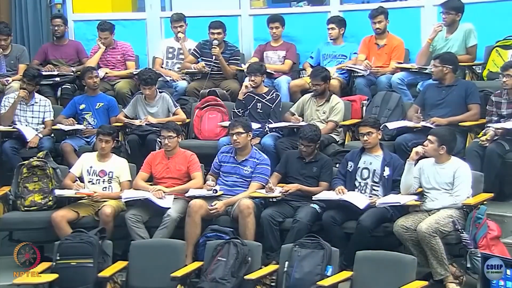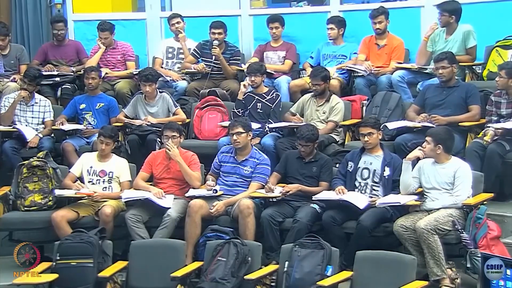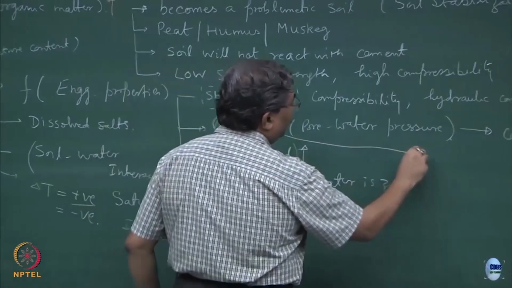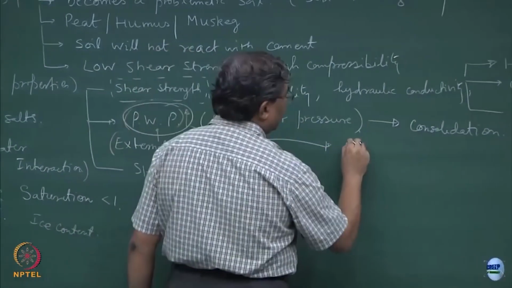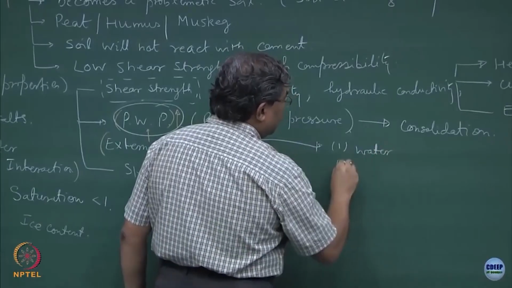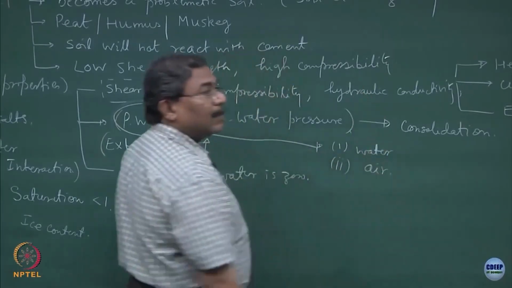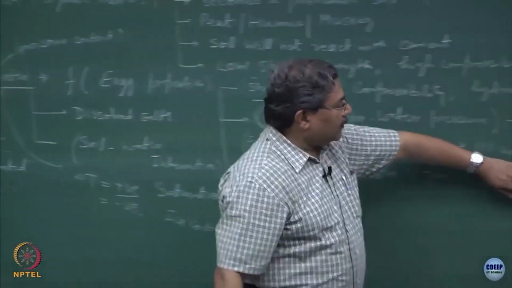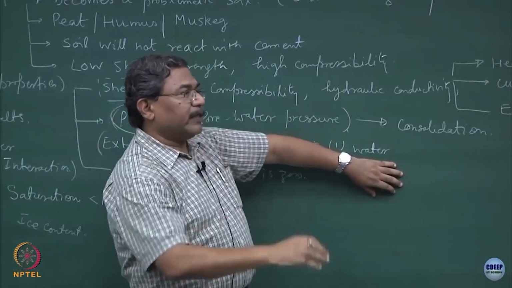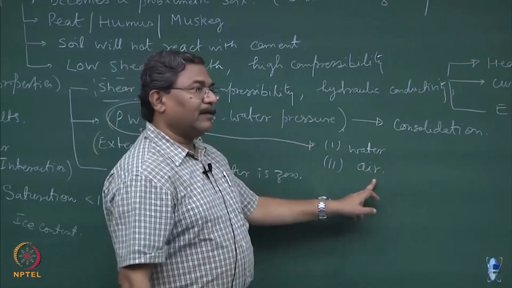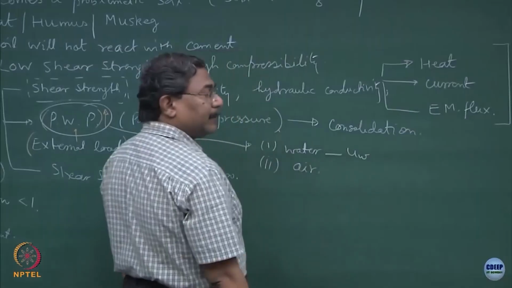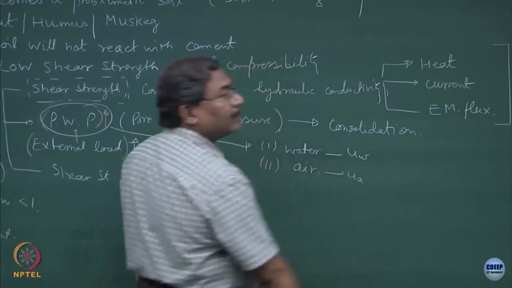Sir, what happens to the shear strength if air content increases? Oh, very nice. This pore pressure which we are talking about is a component of two types of pressures. One is the water and second one is the air, alright. So, as long as we deal with the conventional subject, we say that there is no air by forcing the material to be saturated, remove all the air, but in real life it is not going to happen. So, this water will contribute u_w, pore water pressure, and this will contribute to u_a, pore air pressure.